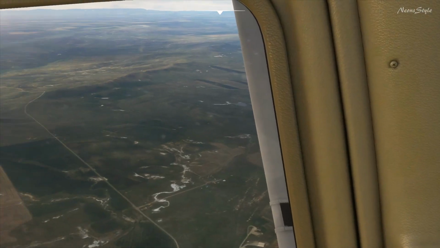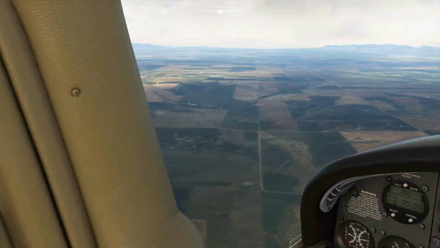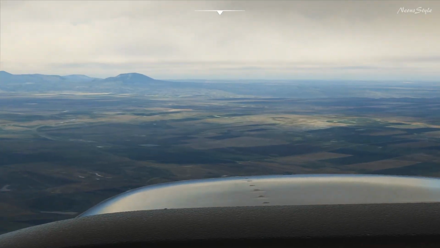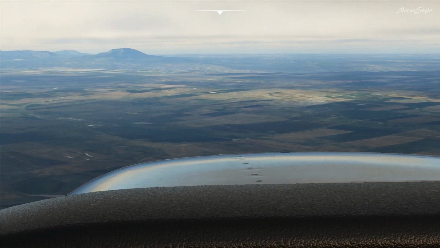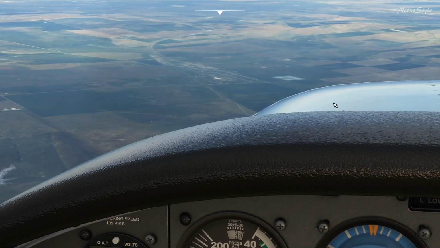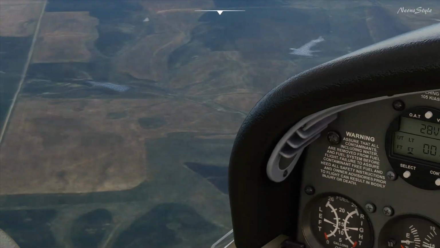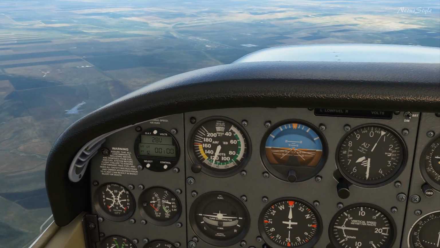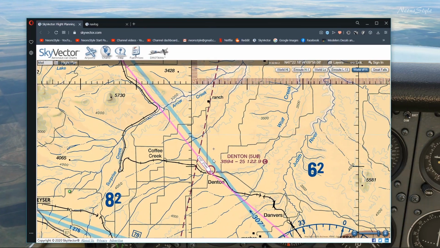And we're still looking for the railway crossing. I think it's already crossed over. Is it? No, we're not at Denton yet. I think we're pretty much on track. Here it is. Here's Denton right here. So if you look here on the map,